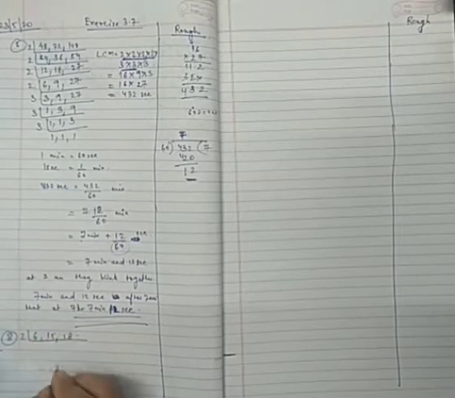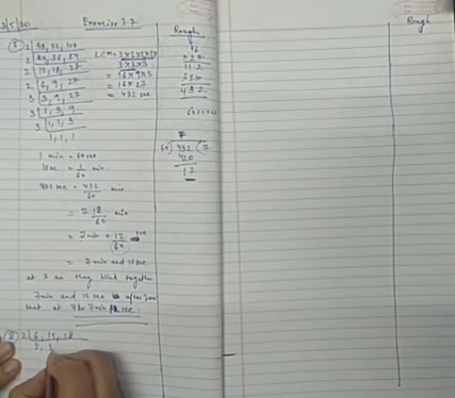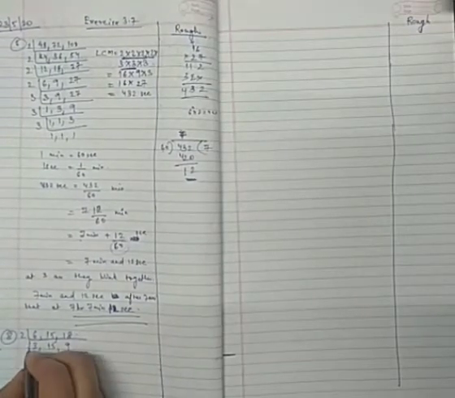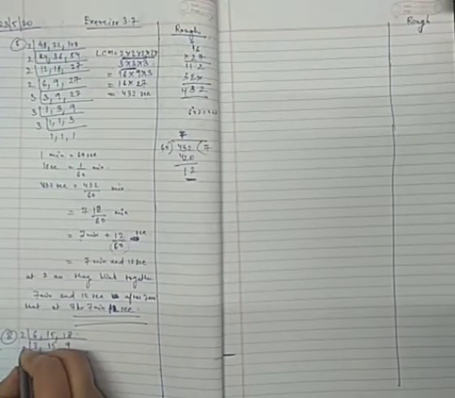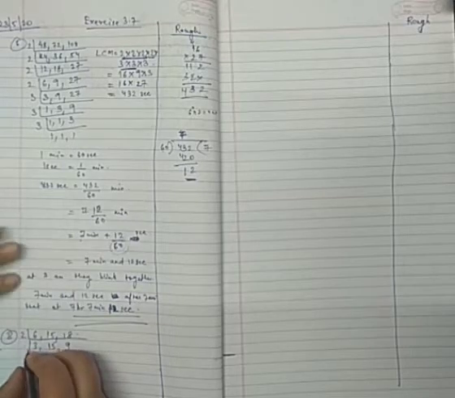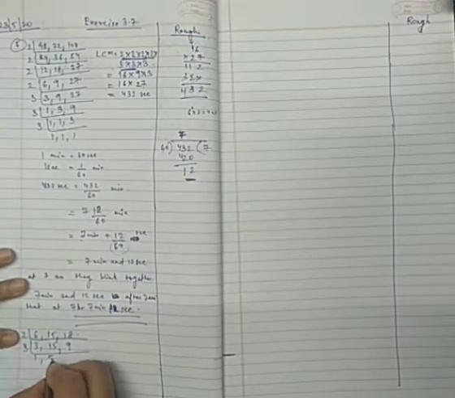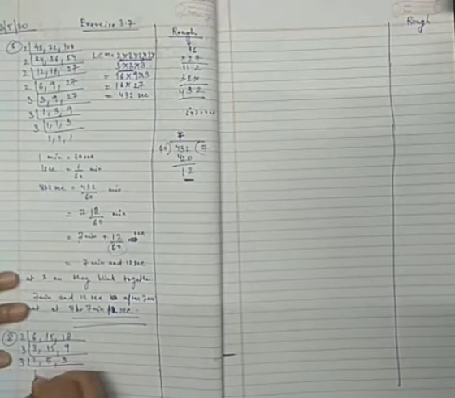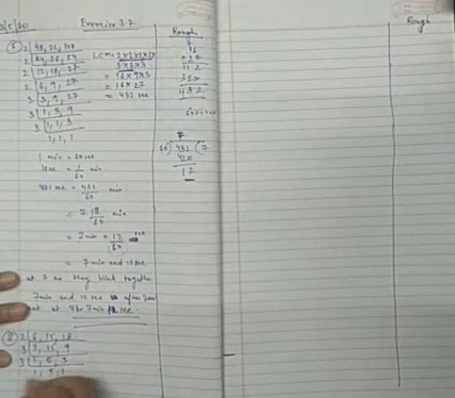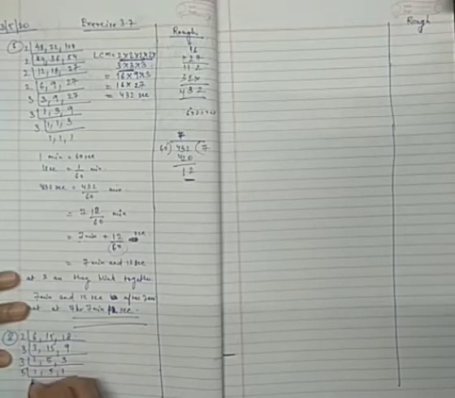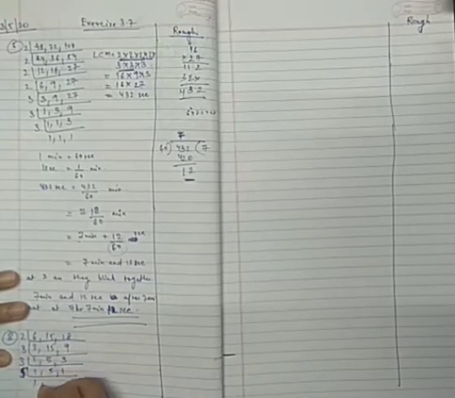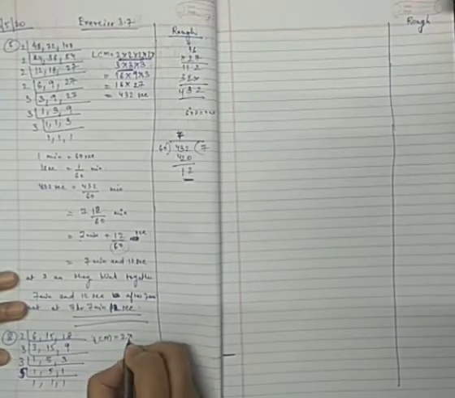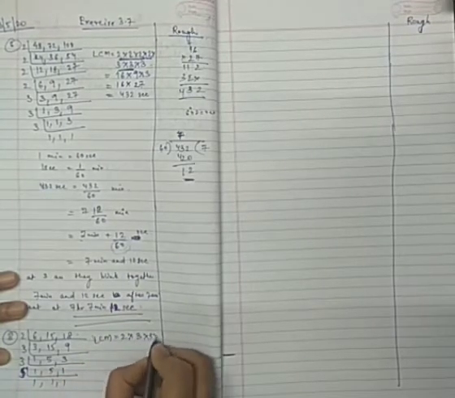So it will go by 2. 3 is 15 comes as it is, 2 9s are 18. Now all 3 numbers will go by 3. So 3 1s are 3, 3 5s are 15 and 3 3s are 9. Now 3, 1, 5 come as it is, then 1, 5, 1, 1 and 1. So the LCM will be 2 into 3 into 3 into 5.